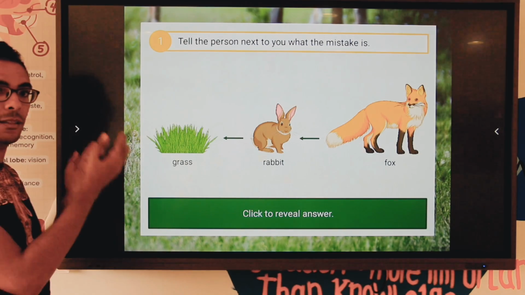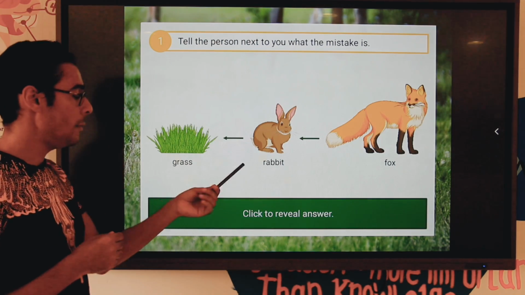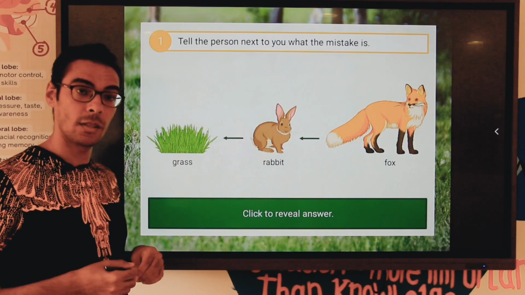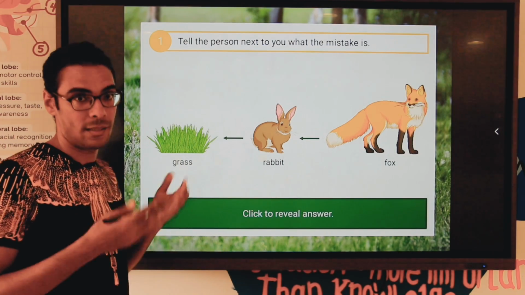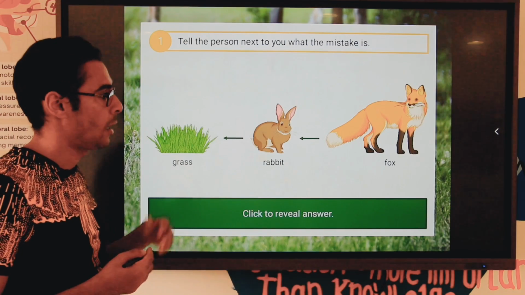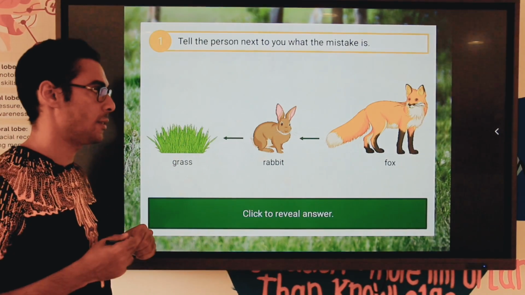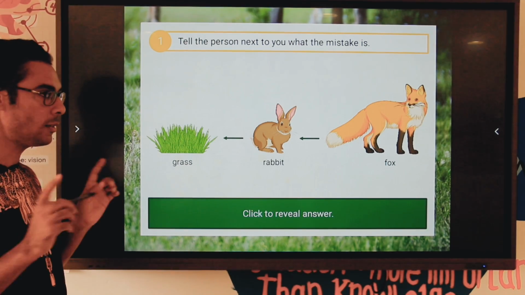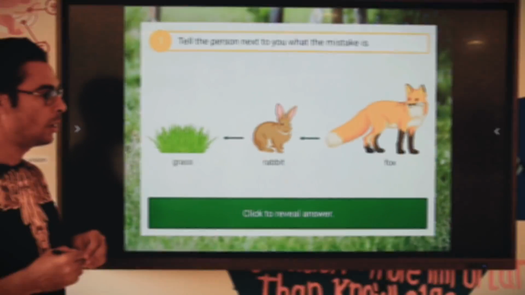It's supposed to be at the beginning because that's the producer, it comes first. Maybe the rabbit, but the rabbit is a grass eater. So the rabbit is considered a primary consumer. No problem in the existence of the rabbit as a primary consumer. The next one here is the fox. The fox represents a secondary consumer. So I guess the problem is not in the location or the sequence of the food chain.